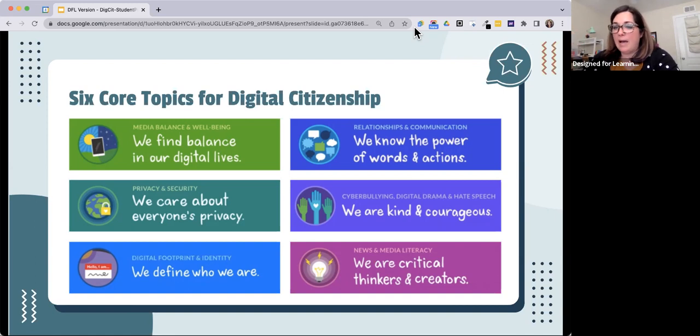Just like in math or in English, sometimes we have that metacognition where we say why we're doing it while we're doing it. This is why I'm doing this, and now I have this problem and now I'm solving it. We can do that with digital citizenship as well. So when kids complain about their password, or ask why can't we just do it this way, why can't I post my picture on this website, we can reference back to these things and how we model.